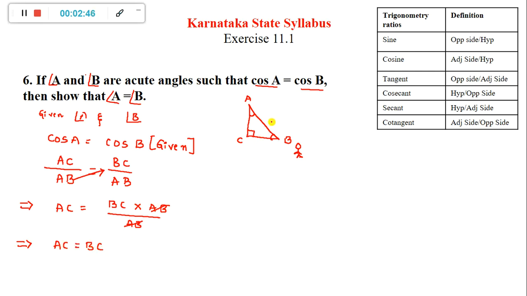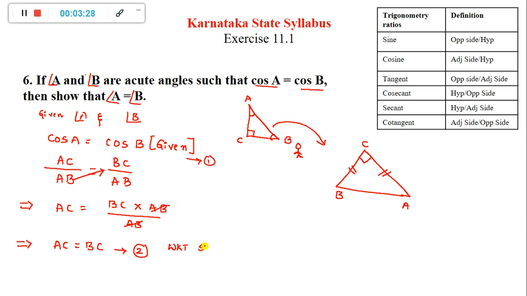Now I just tilt this triangle in such a way that I write B and C here, B and A here, and this is 90 degrees, so I call this 90 degree C. Let me call this equation 1 and this equation 2. If you observe, AC and BC are equal. We know from our 9th standard syllabus, what is the one important theorem that we have learned?